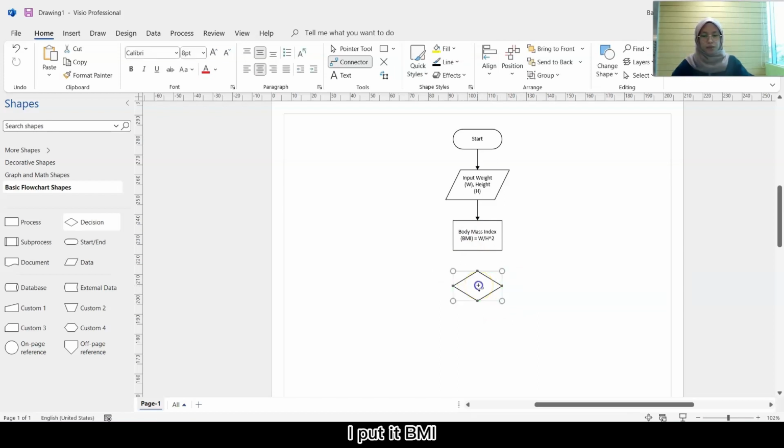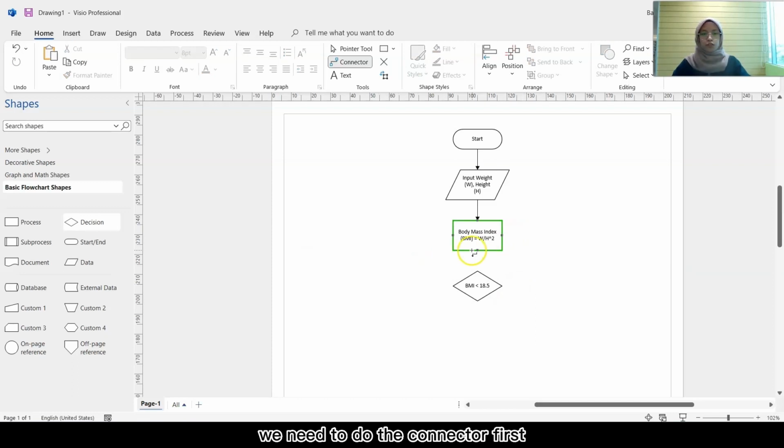I put BMI less than 18.5. We need to do the connector first. Drag it from here to here. Okay, if the BMI is less than 18.5, then